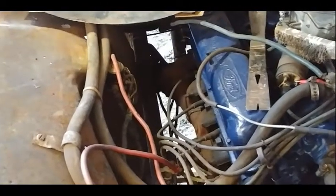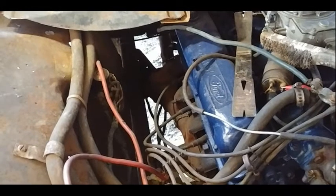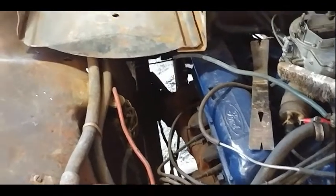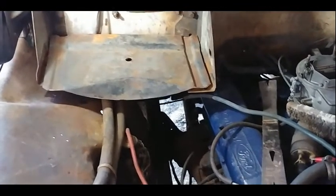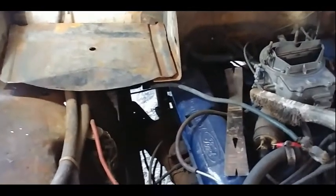And that got rid of my curve. If I put it in this way, then it'll stop the battery in the front good. But it don't really have anything to keep it from falling forward. And of course, if I put it in the other way, it doesn't really have nothing to weld to. As it is, I can weld it to these